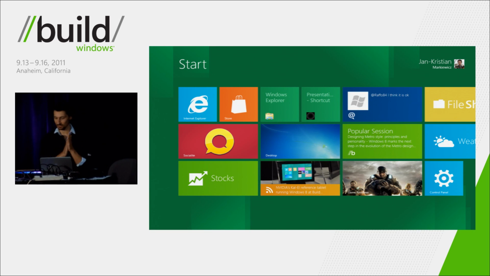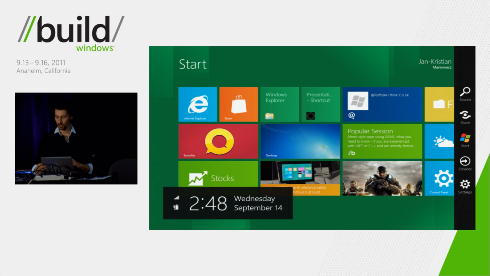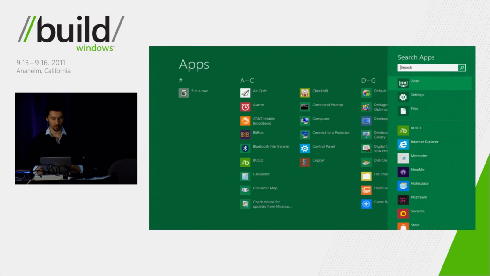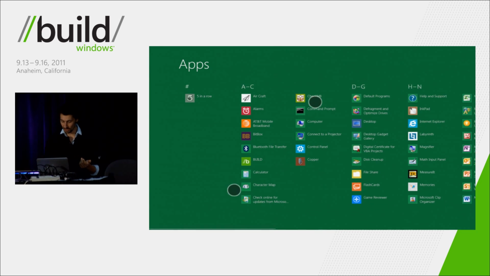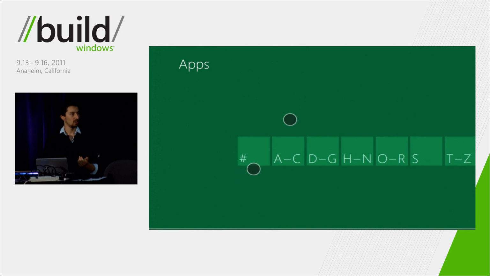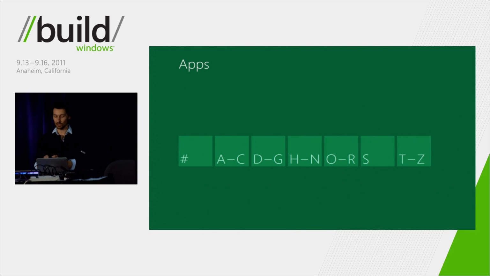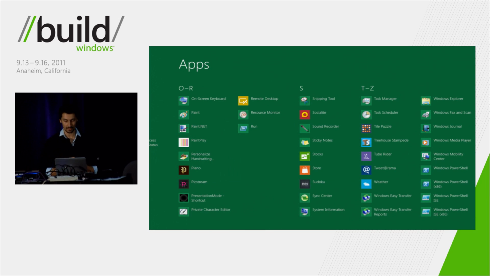Yep. I'll show that. That's exactly what I want to show you guys. Actually, this actually works in your build. If you go to search for your apps, you have this nice overview of your apps, and it's all sorted by these columns with these text headers. So let's say I want to go to the task manager because that was a cool thing in our keynote, right? Again, I just pinch out to get an overview. And in this case, the semantic view is really a good overview of the groups I have, which happens to be the letter headers. So now if I want to go to the task manager, I just tap on T, and I'm at the